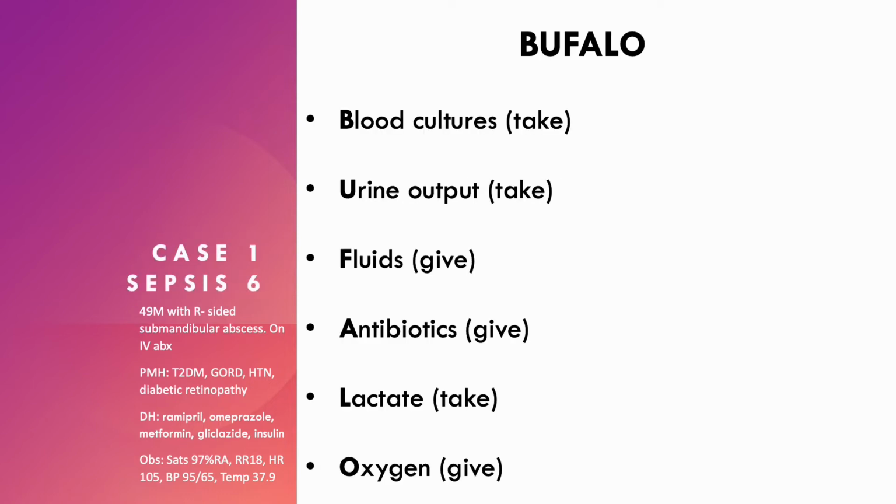So you all should have heard of the Sepsis 6 before, and there's a handy acronym to remember what it is. So there's BUFALO: blood cultures, urine output, fluids, antibiotics, lactate and oxygen, and those are the Sepsis 6. You can also remember it as 3 in and 3 out. The 3 in will be fluids, antibiotics and oxygen. The 3 out will be blood cultures, urine output and lactate. So going into a little bit more information about it,